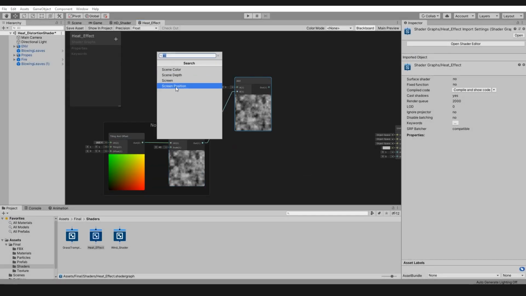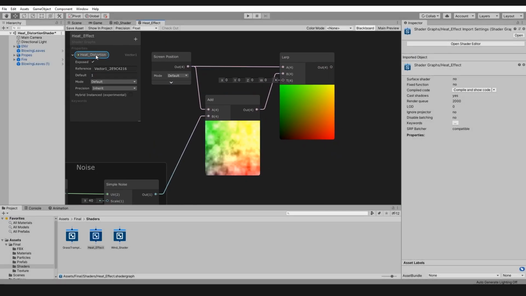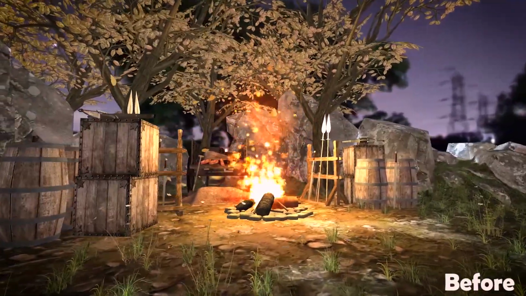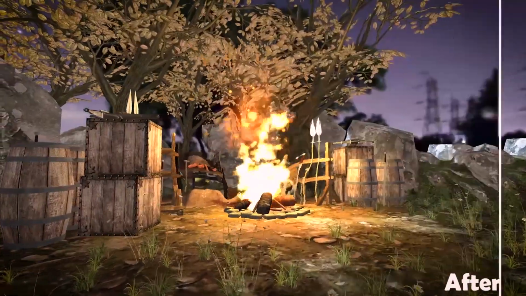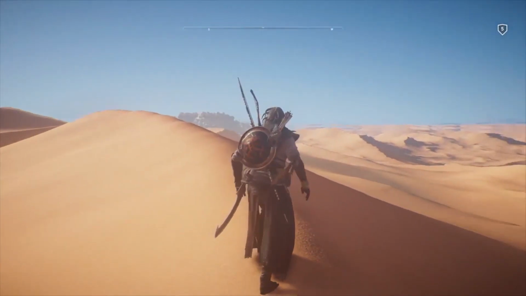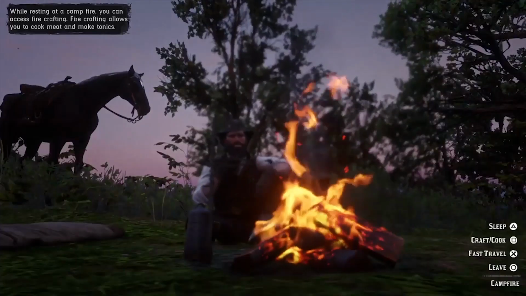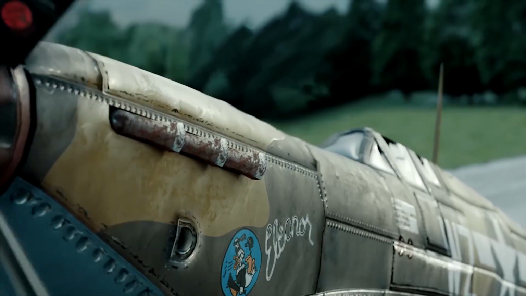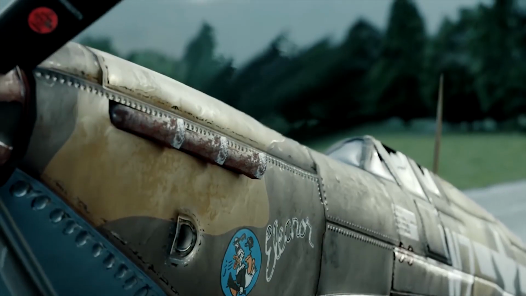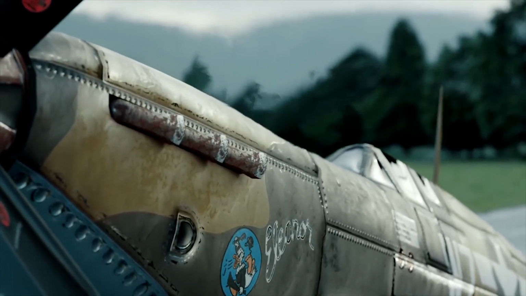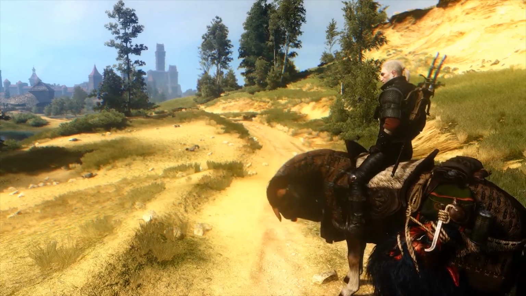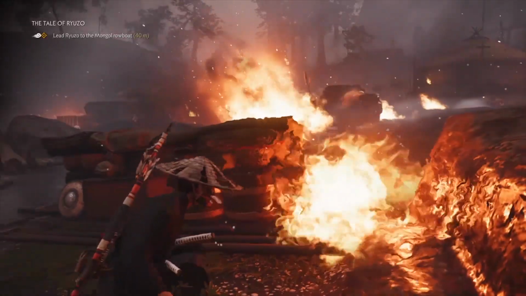Hey guys, in this video we will learn how to create a heat distortion effect for mobile games. And by using our shader, we can turn this into this. So let's begin. There are a lot of AAA games that use this trick to make their game more immersive for the player. This kind of effect can be used for a campfire, cinematic shots, and anywhere you want to show the heat intensity or warmth in the game environment, and many more.